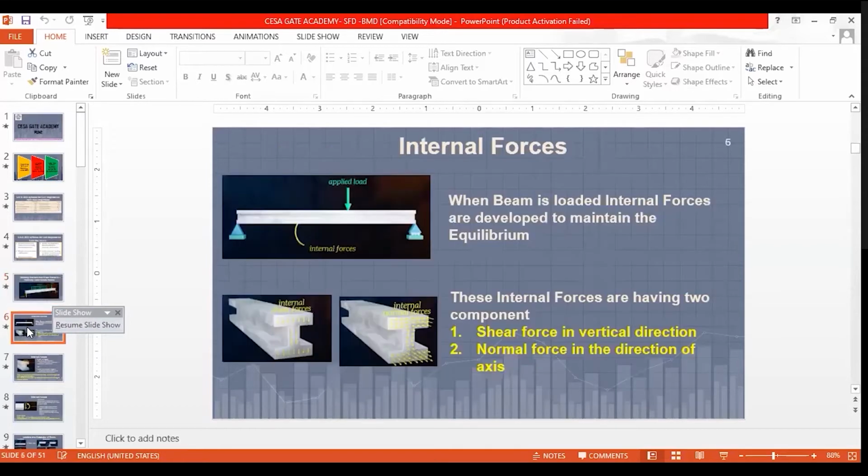Now if we consider the internal forces when a simply supported beam is subjected to some external load, say a point load as shown in the figure, then to maintain the equilibrium, internal forces get developed in the beam. These internal forces are of different kinds. Actually, there are shear forces in the vertical direction and normal forces in the direction of the axis. Two forces will get developed. One is the shear force in the vertical direction and